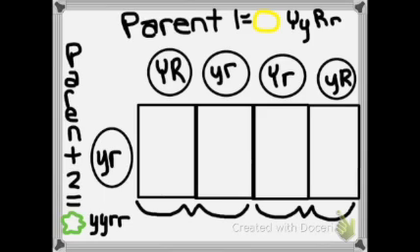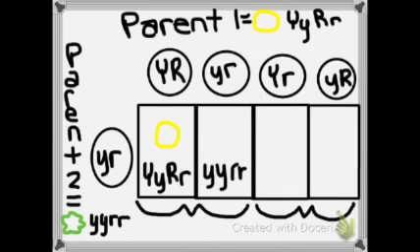These parents could produce offspring with big Y, big R, little r, yellow round seed-bearing plants, little y, little r, green wrinkled seed-bearing plants,